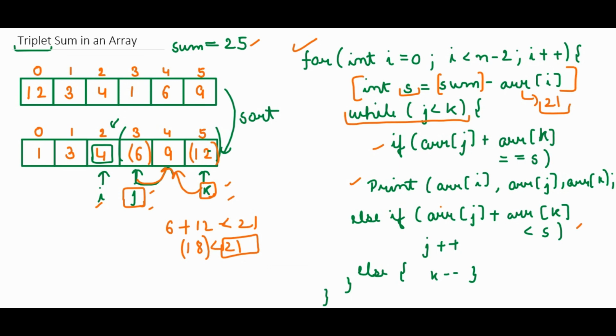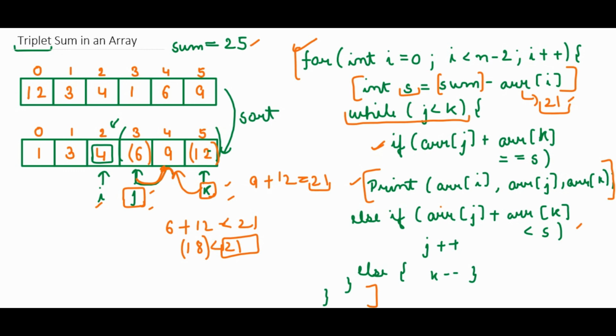So in the next traversal, what happened? Our j pointed to 9, which is 9 plus 12 is equal to 21, right? As we have seen before as well. So this has become equal to 21, which we required. So we have to just print it, right? This if condition will work. Okay. This is the pseudocode that I have written. It is a very simple code. I think you have got it.